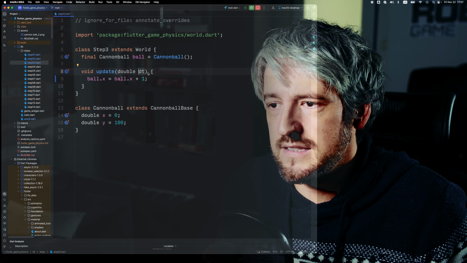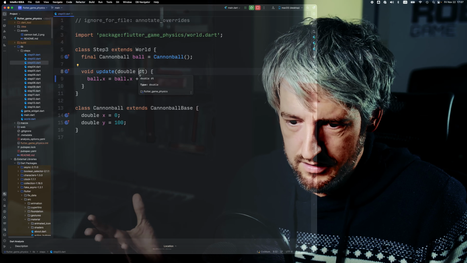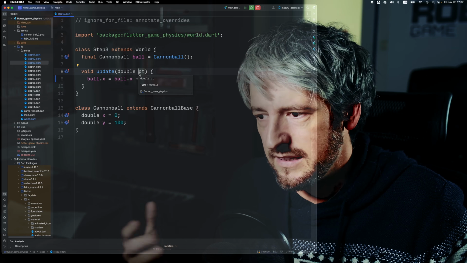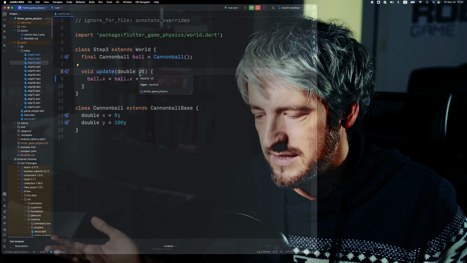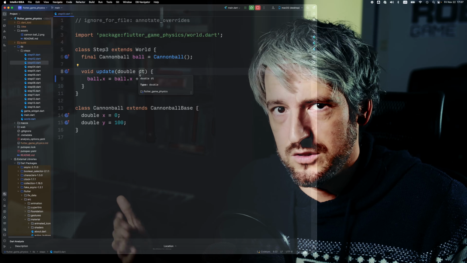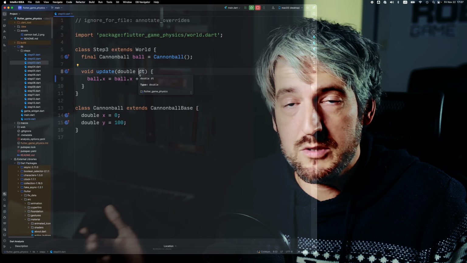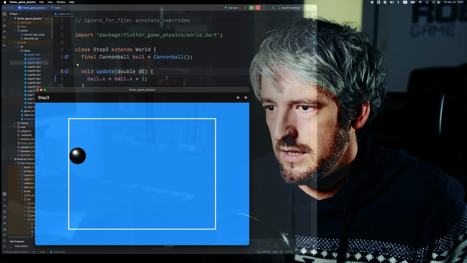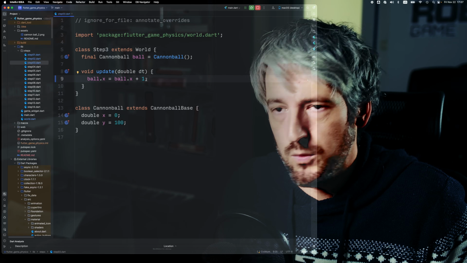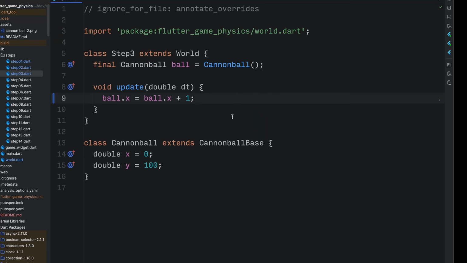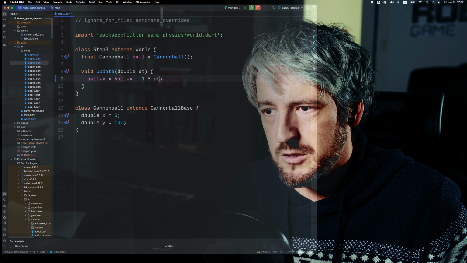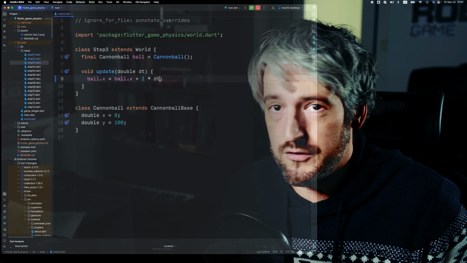So in that case, we can use this number to scale the amount of movement, and the amount of everything, forces and everything that gets applied to our objects in the game, right? So let's switch to step 3, and right now we just have +1, right? But we could do +1 times dt,